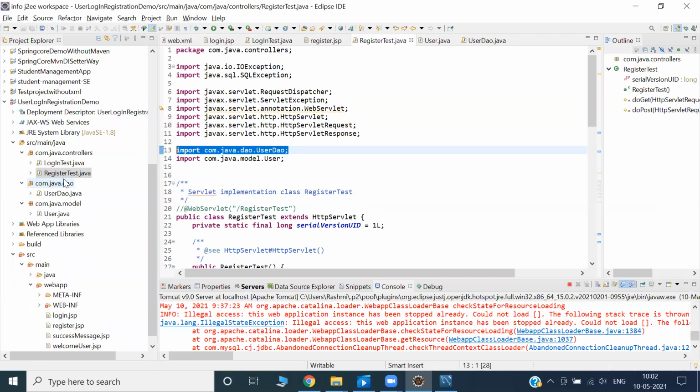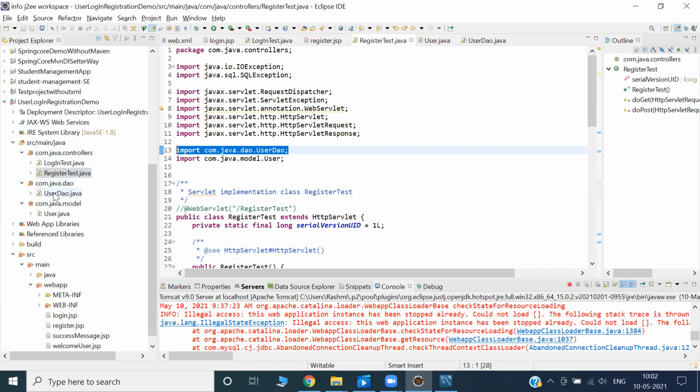That's why I'm explaining one by one. If it were in the same package, I would not be required to create an import statement.